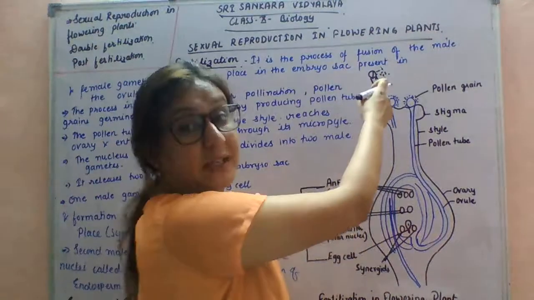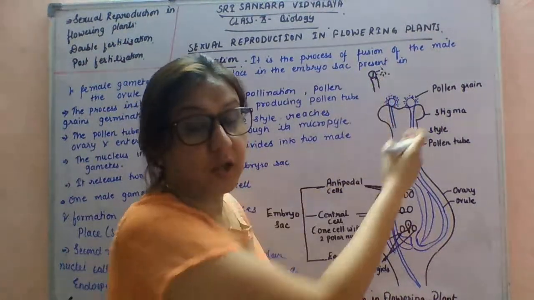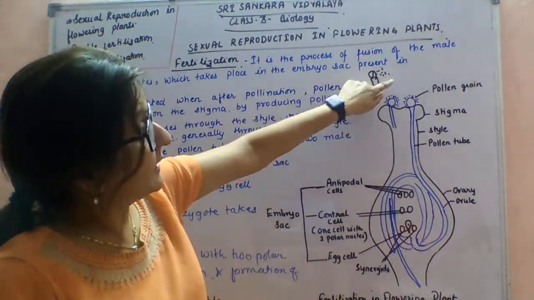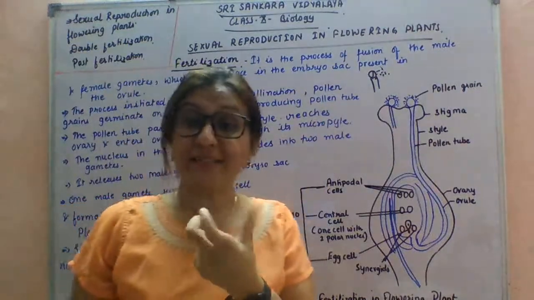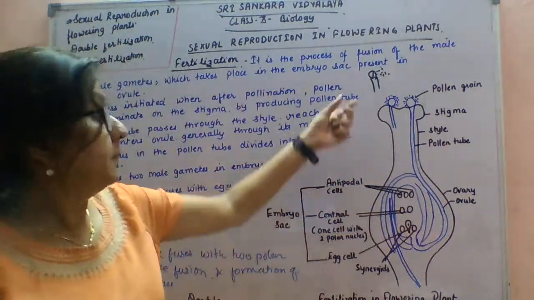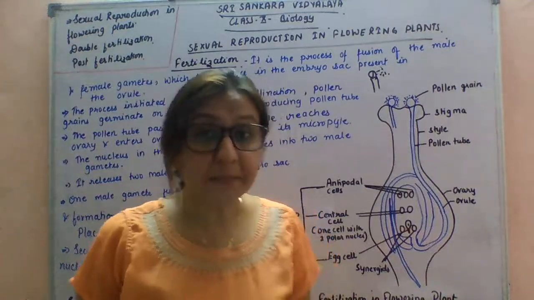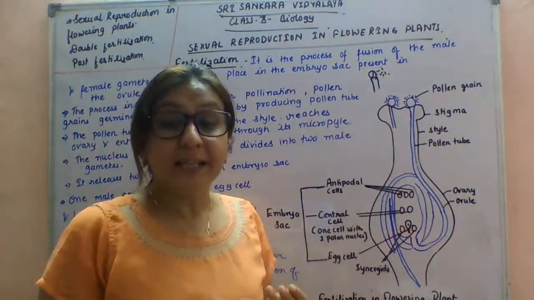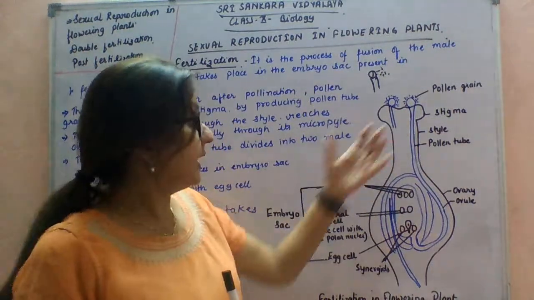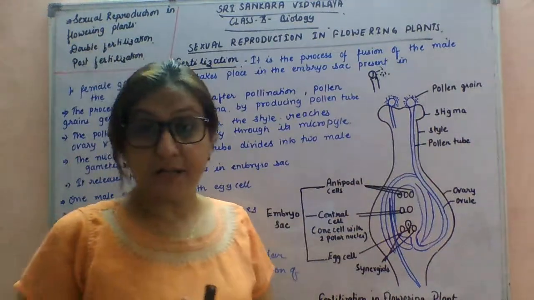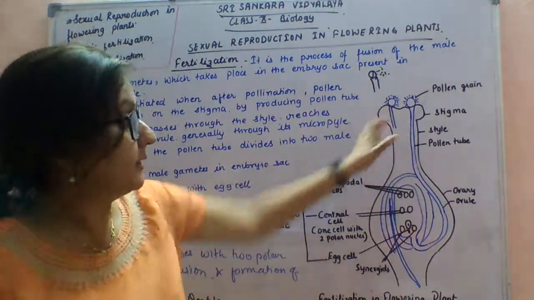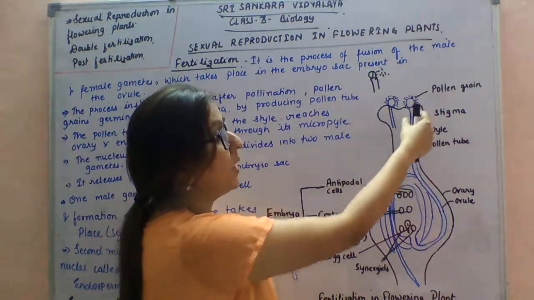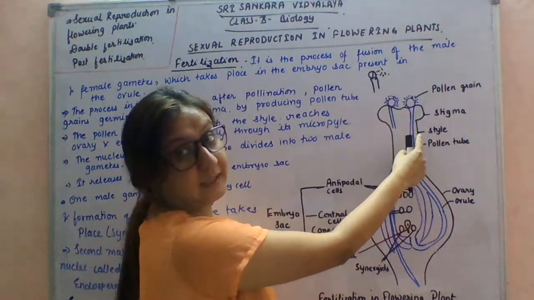So the pollen grains released from the anther of the male part get stuck to the stigma. Stigma is very sticky in nature. The pollen grains reach a compatible stigma and stick to it, and here on the stigma they absorb water and nourishment. After they stick to the stigma, they form the pollen tube along the style.